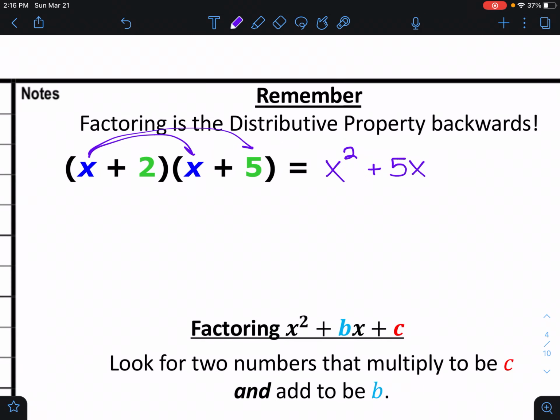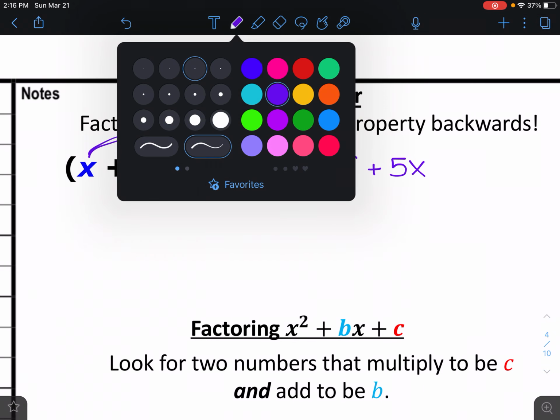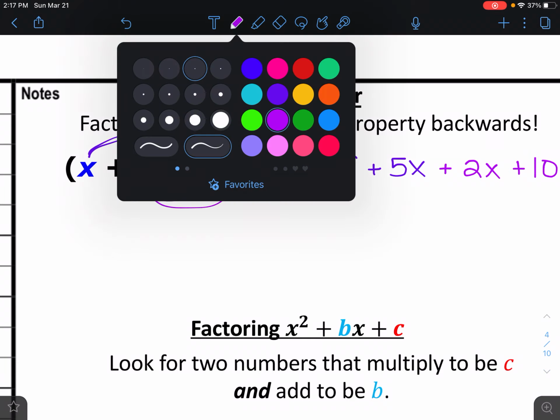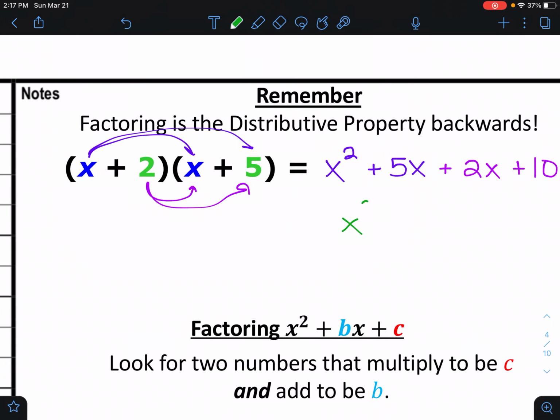All right. Now, if I took 2 times both of these, okay, we got 2 times x is 2x, and then 2 times 5 was 10. And then we combined like terms, and you'd say, oh, these terms in the middle look the same. So our answer was x squared plus 7x plus 10. Okay, so that was the distributive property. We did that last unit